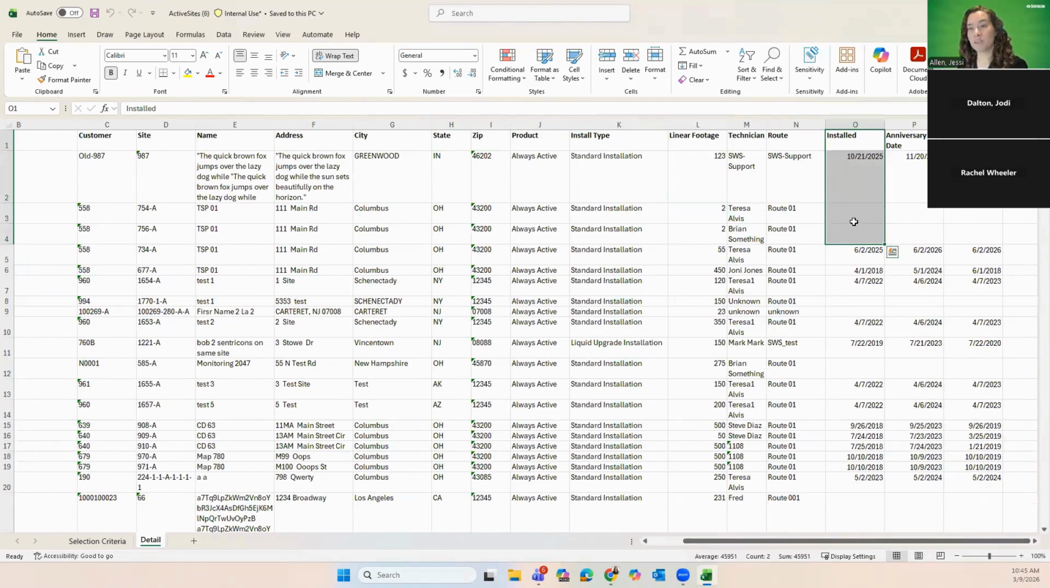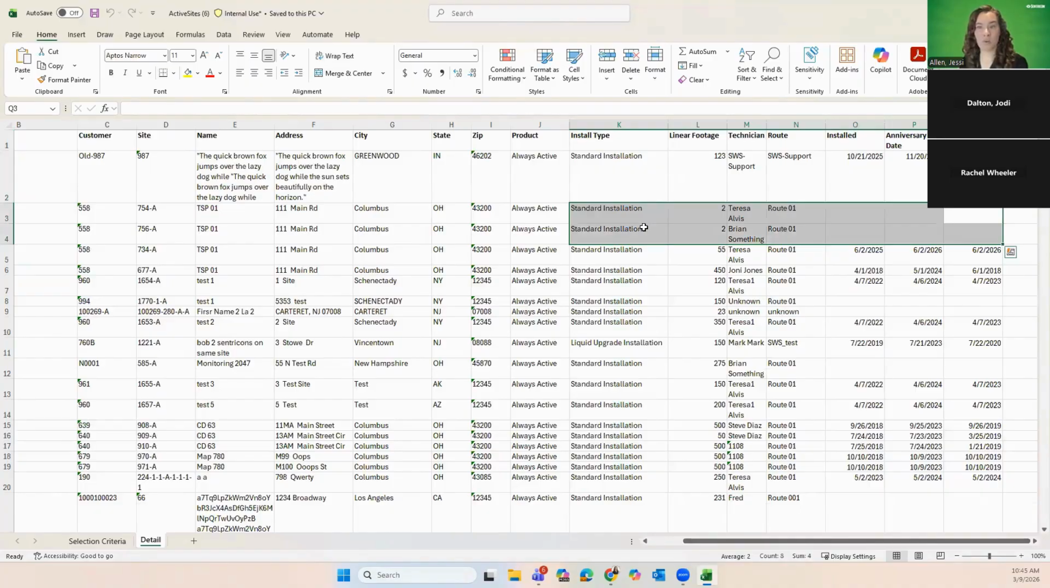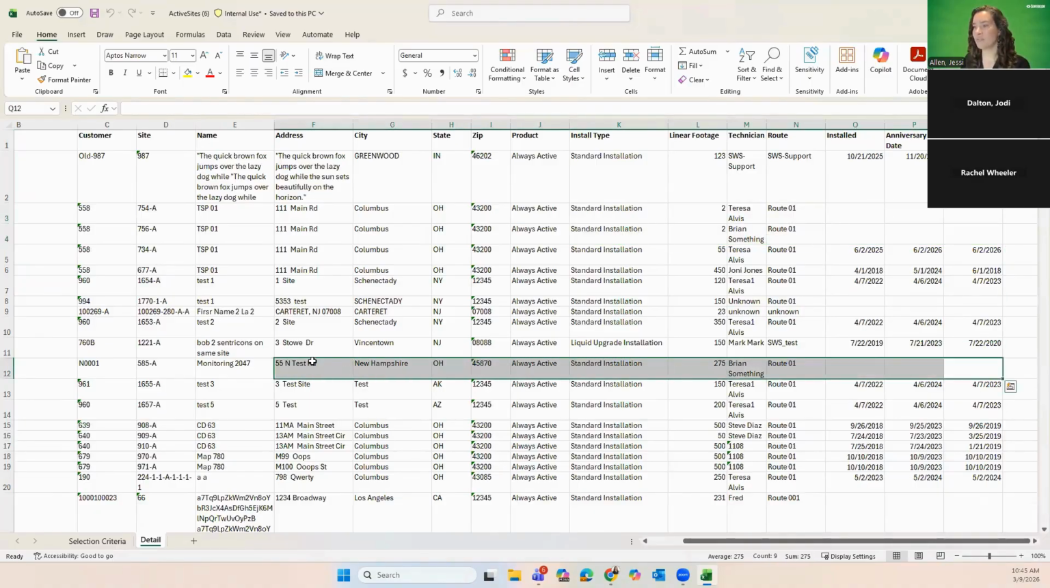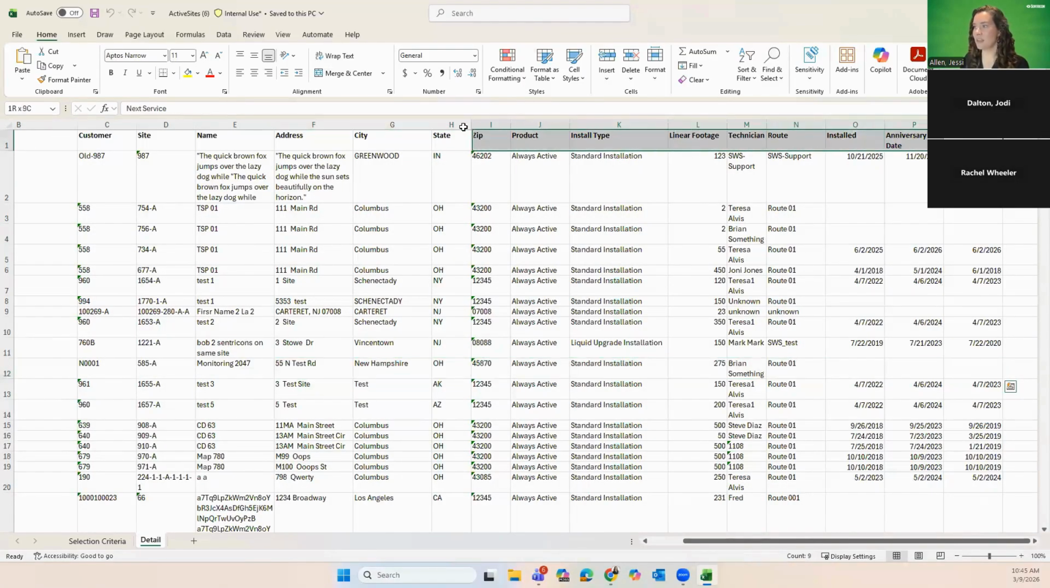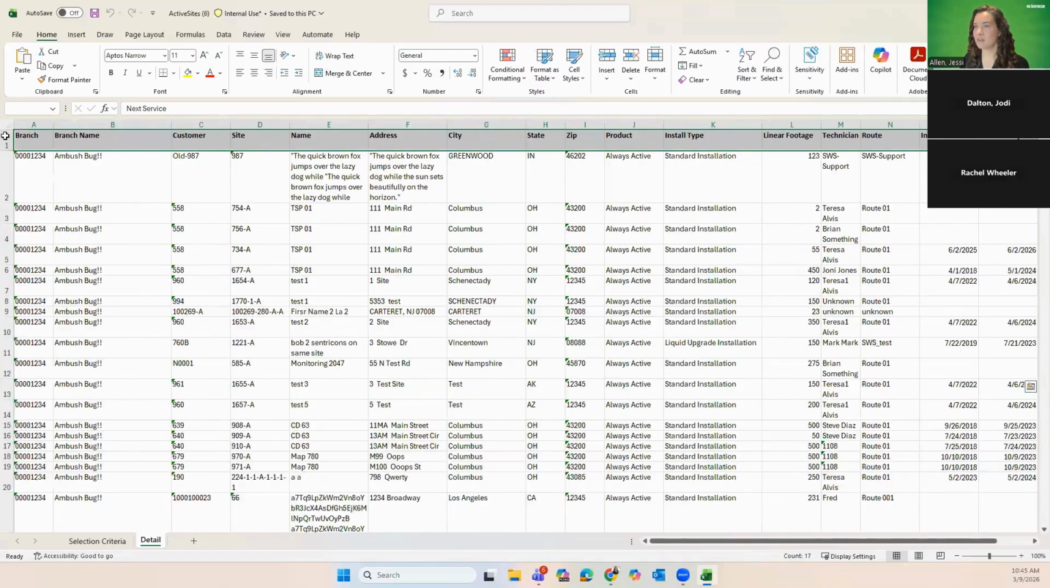This is also going to pull in those unreported sites. So for example, these ones with no install date or anniversary date are unreported. If there's no install date, it's never been invoiced for install from Corteva. So you can get this, and then if you want to, you can highlight these rows, go up here and